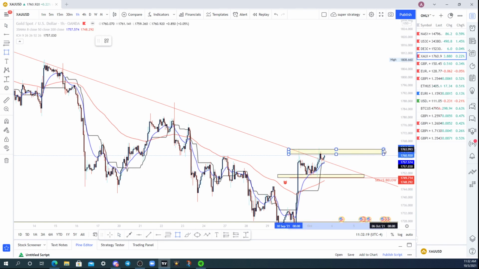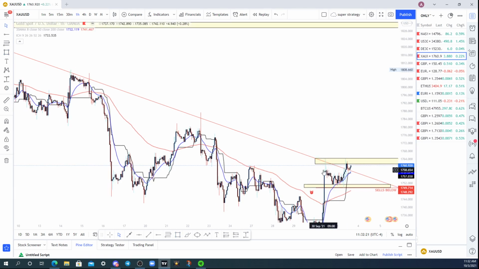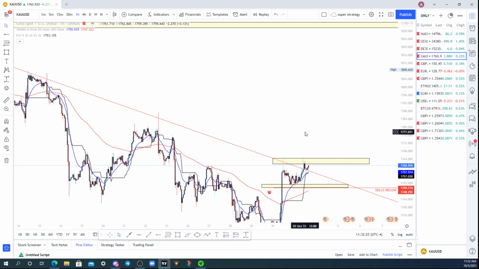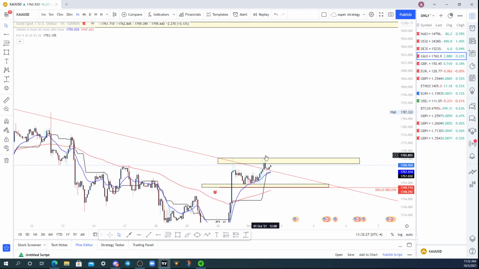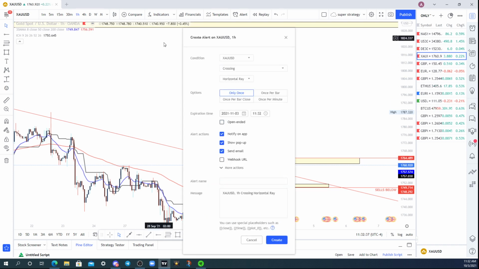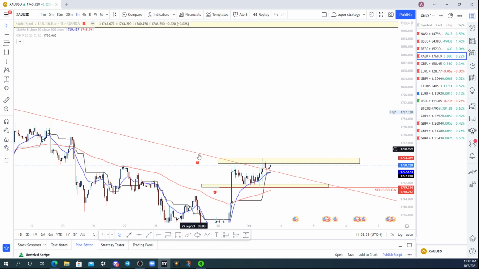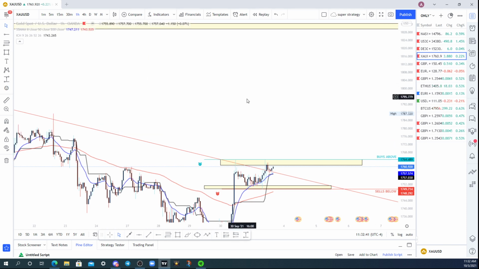Now, we also have this little level of manipulation, right? Manipulation is when price comes up to a certain area and rejects, but we continuously come up here. So I will be looking for some buys above here. The reason why I'm looking for buys above here and not right here is because we have these rejection wicks over here, so we do have to be extremely mindful of that. Let me go ahead and put buys above here.